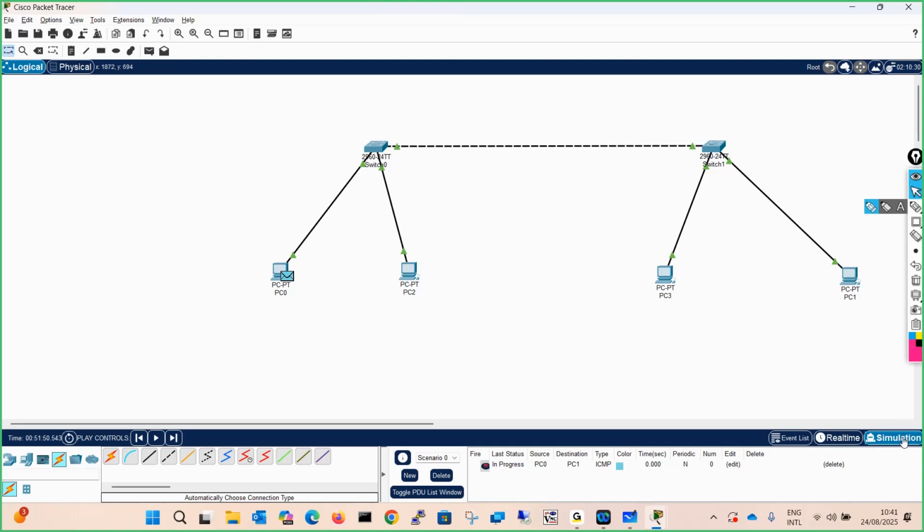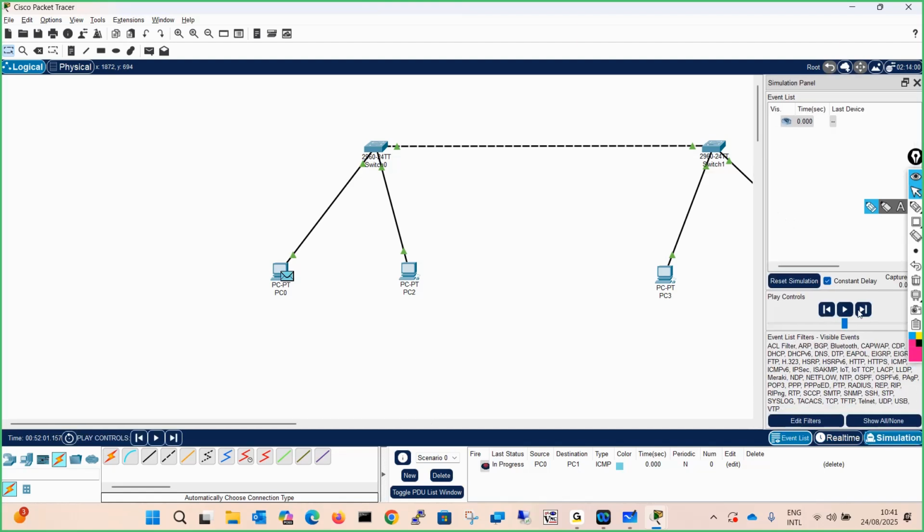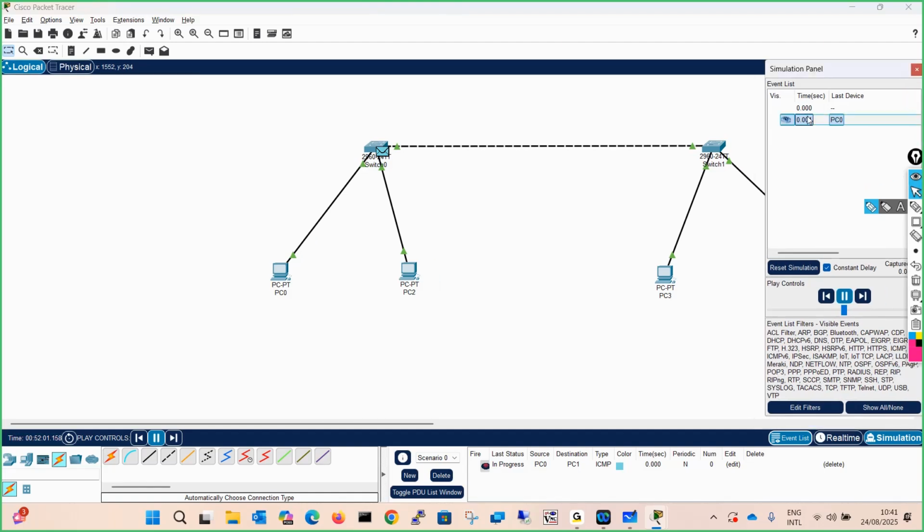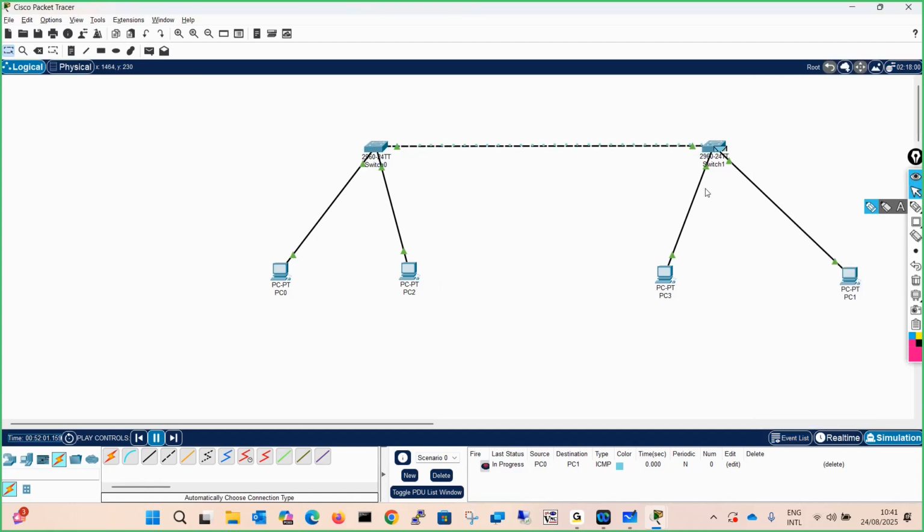Open the simulation. So you can see PC0 traffic has started. It has broadcasted to all the ports.